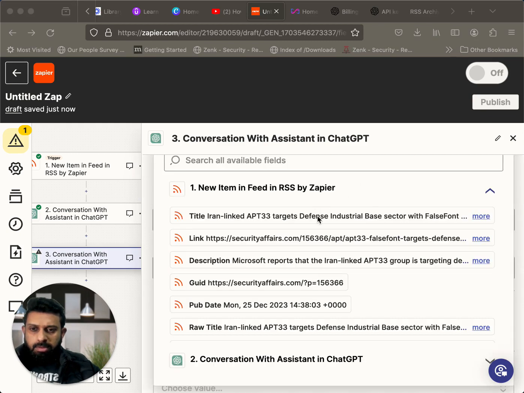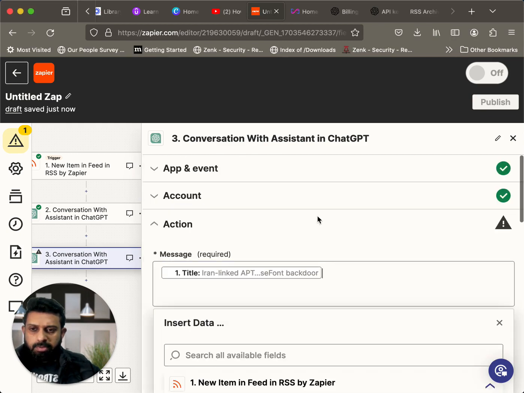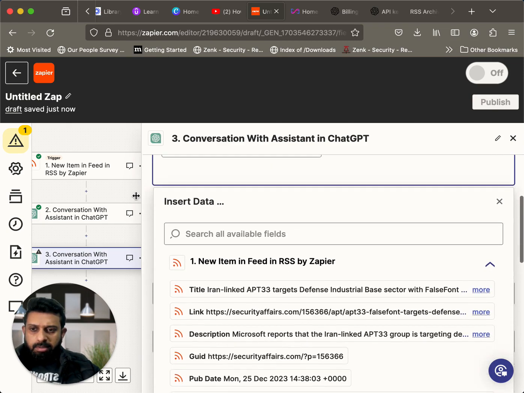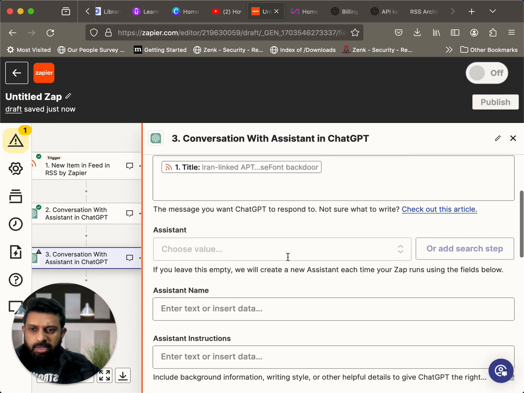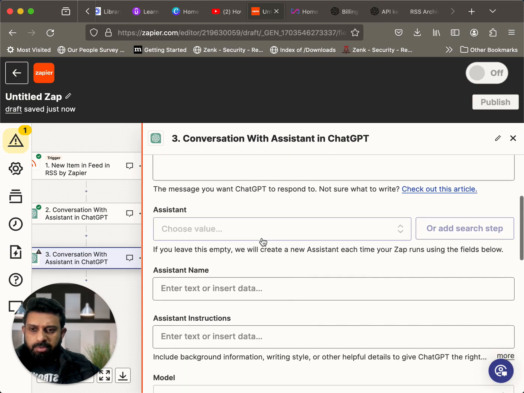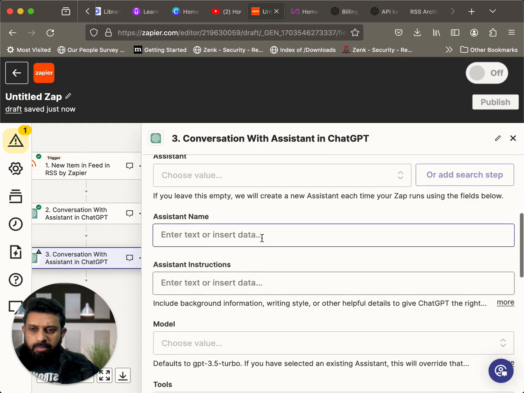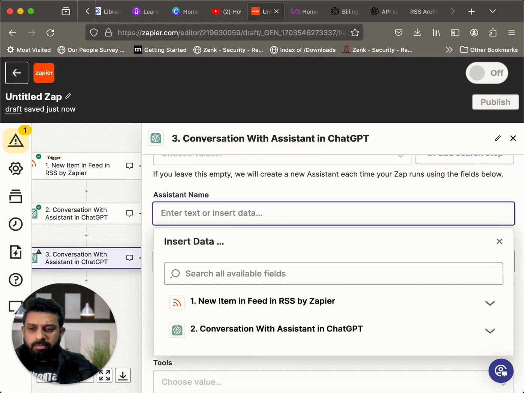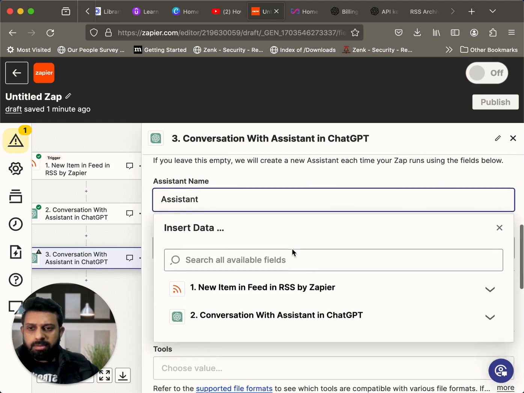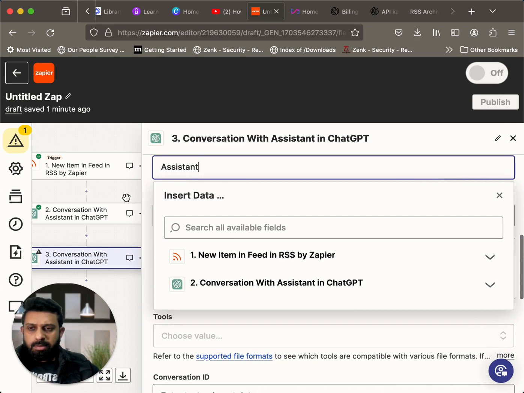So this is the title, supposed to give to that, and once we finish with that, then we will do the same sort of instructions, that is, the assistant name, which is again assistant, and